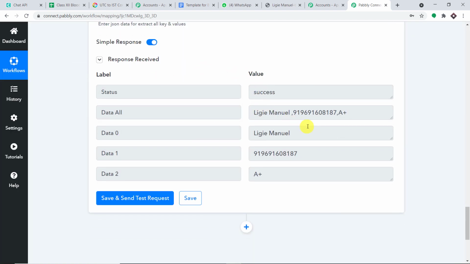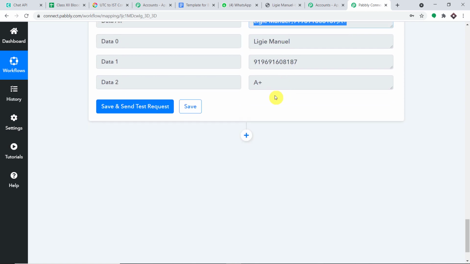As you can see, we do have an individual set of data. We have the name individually, the phone number individually, the blood group individually. Excellent. So we are ready to create the first prototype for our certificate. This is the first iteration. Now we are going to create a certificate for this particular student, and the same process will be repeated for the rest of them. That is why we have used the iterator. I hope it is clear.